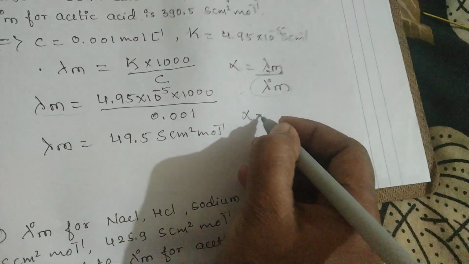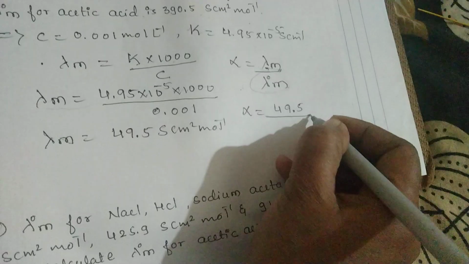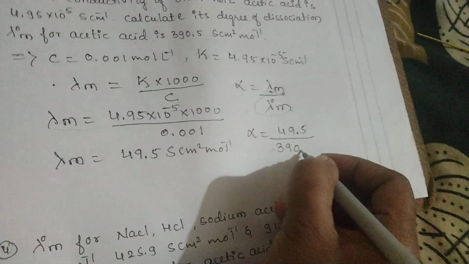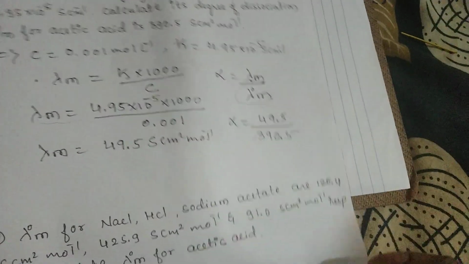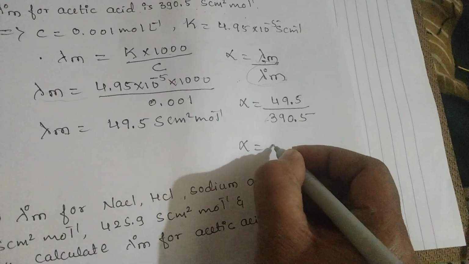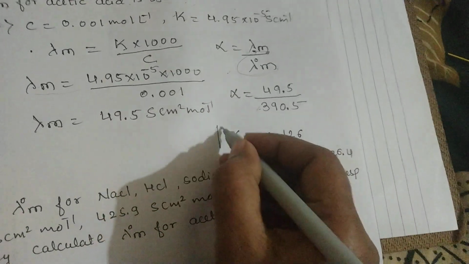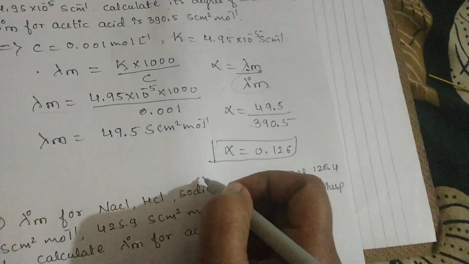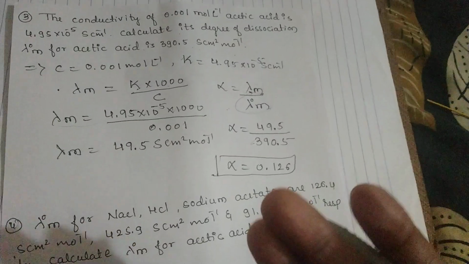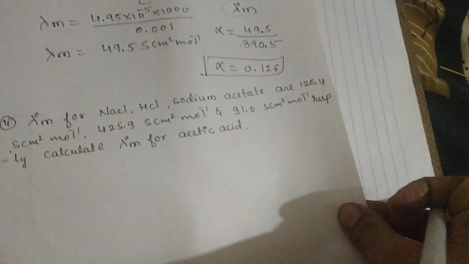Now substitute: alpha is equal to 49.5 divided by 390.5, which they have already given as lambda naught m. You will get alpha is equal to 0.126. This is the degree of dissociation. Sometimes they can ask directly, or you have to apply some simple formula like this. Okay, the next problem is